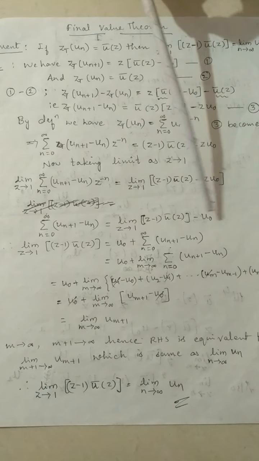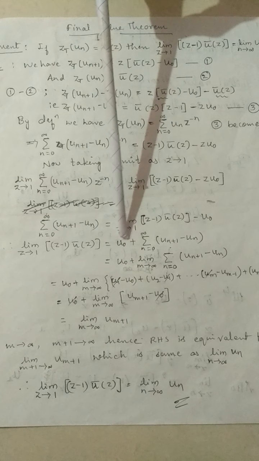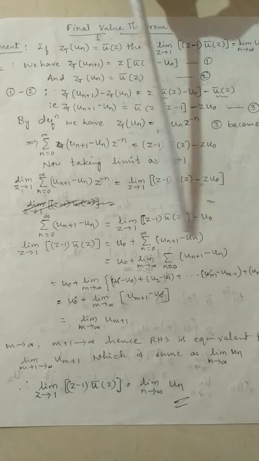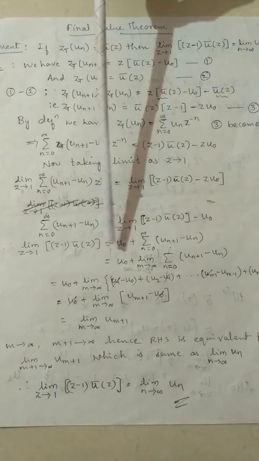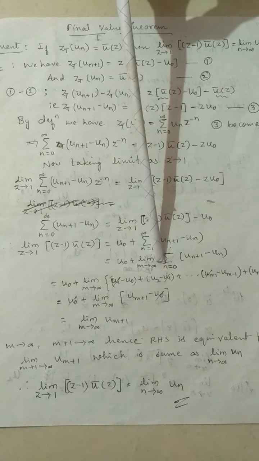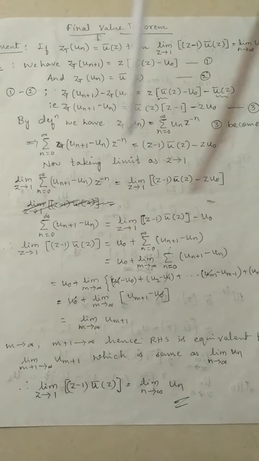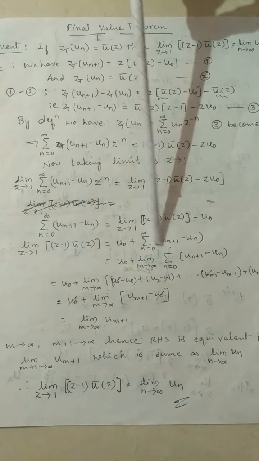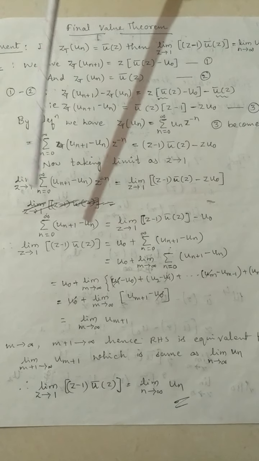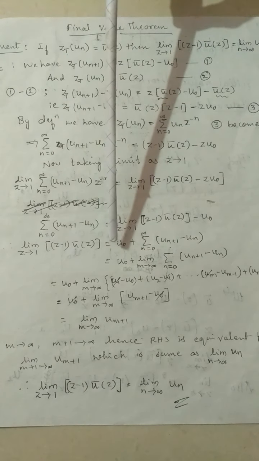Now in the next step, you are shifting u naught to other side. When you shift u naught to other side, it becomes u naught plus summation n is equal to 0 to infinity (u_(n+1) minus u_n). So keep this term as it is. Now here u naught as it is. Here n varies from 0 to infinity. That means we can give n values varying from 0 to infinity, that is n is equal to 0, 1, 2, 3 till so on m plus 1, m plus 2 till so on infinity. So what we'll do is, we'll rewrite it as u naught as it is plus